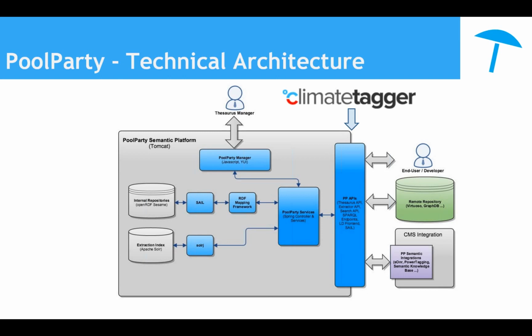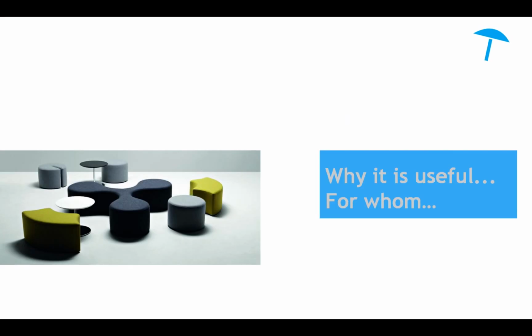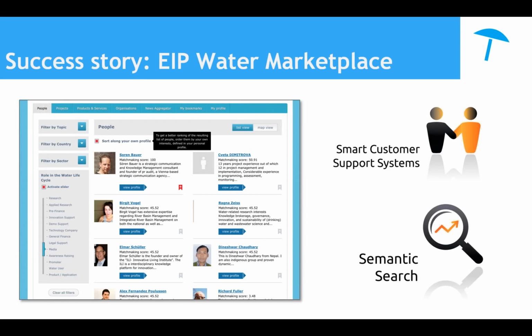Finally, from my presentation, after this introduction about PoolParty and how it is used in the climate tagger, is who else is using it, just a few of an overview. So one good example is the EIP Water Marketplace. EIP stands for European Innovation Partnership on Water. The URL is